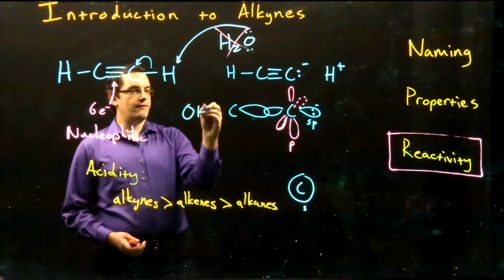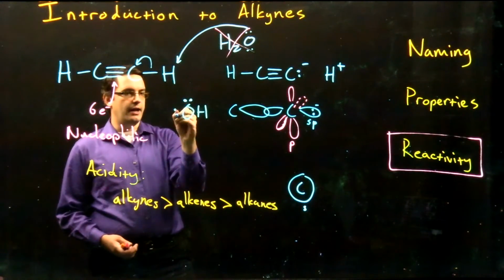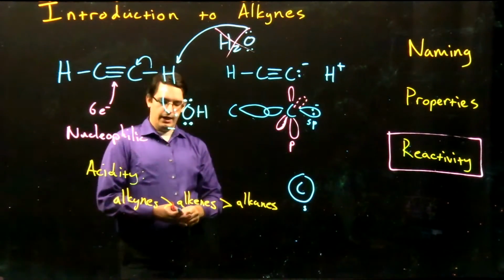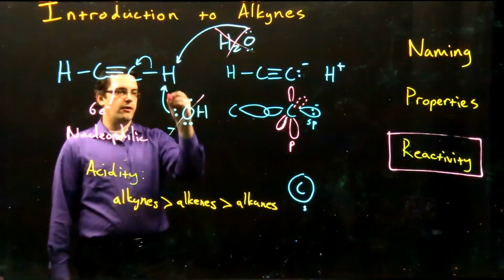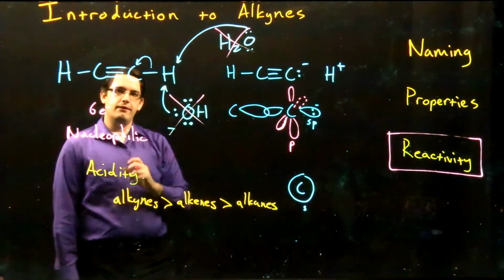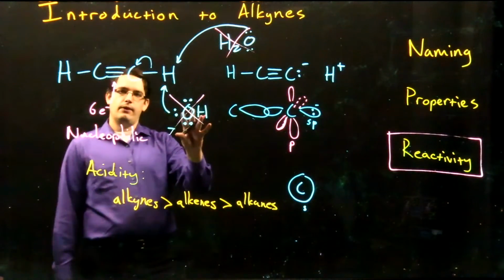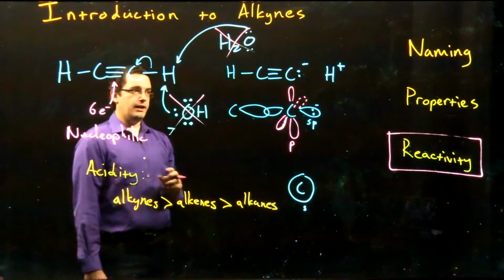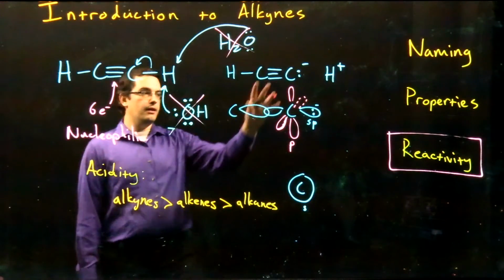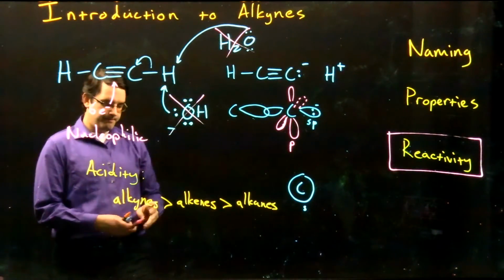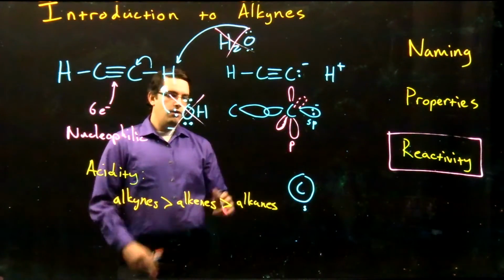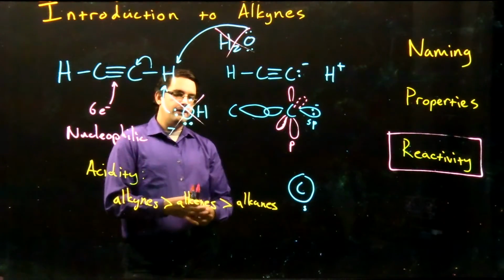We could put what we think of as a strong base, our hydroxide ion, and we could try to deprotonate it with a hydroxide ion. But our hydroxide ion is also actually not strong enough. Our reaction would strongly favor the reactants with our hydroxide ion and our acetylene, and we'd get very little of our product, acetylene carbanion, forming there. So in order to deprotonate our alkyne, it actually requires an even stronger base,